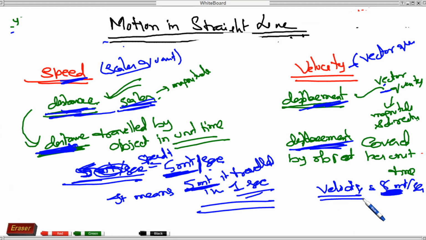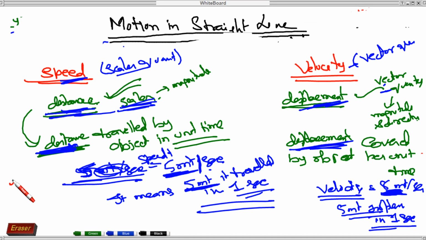If velocity is given 5 meter per second, it means it covered 5 meter displacement in 1 second. So got it? Or we can also say it's a formula: speed is equal to distance